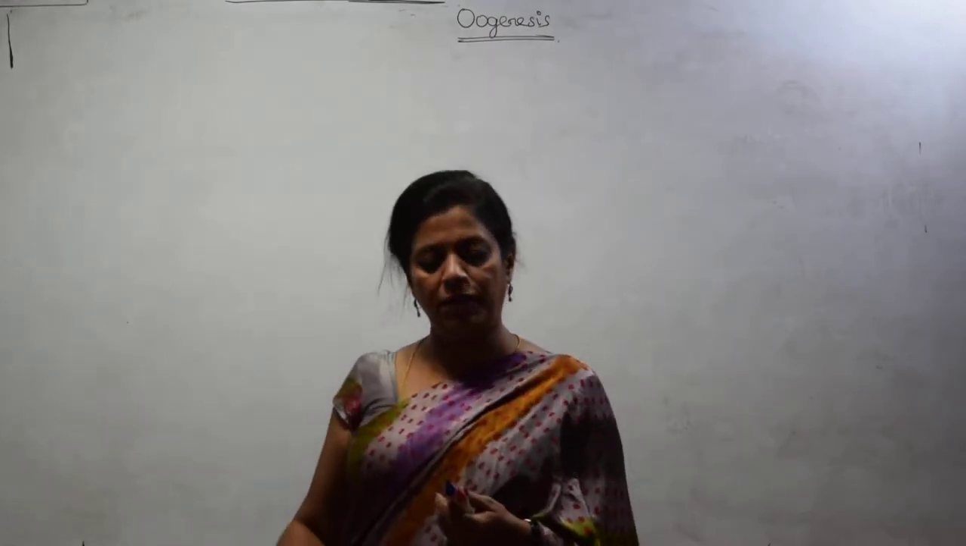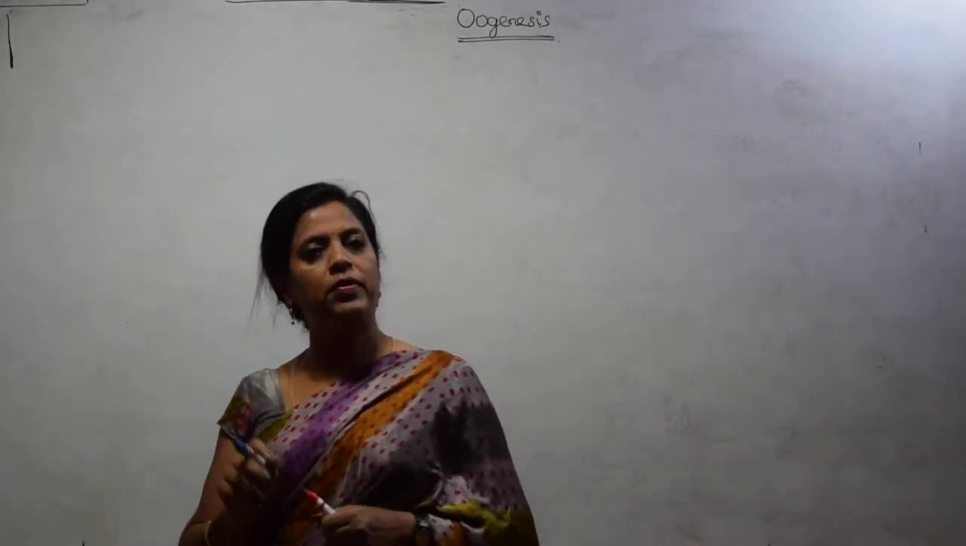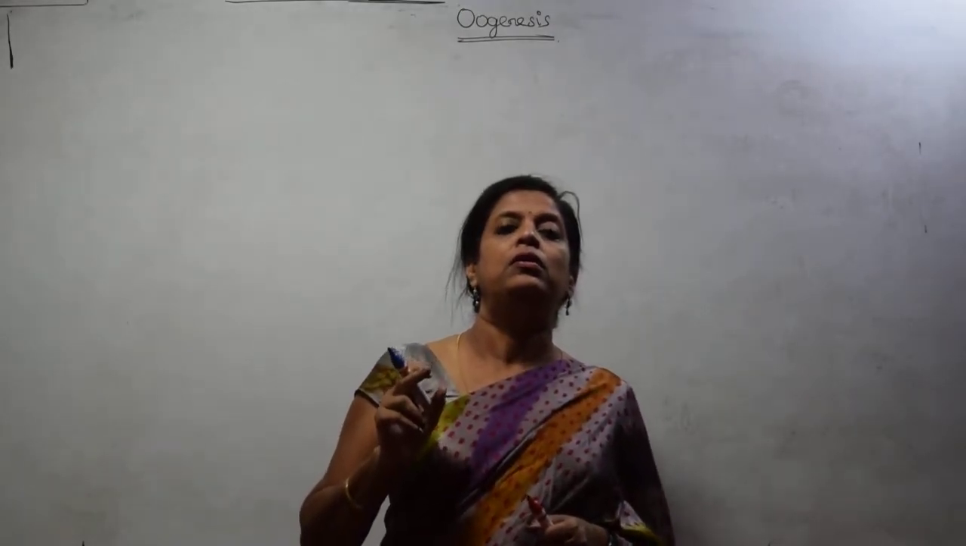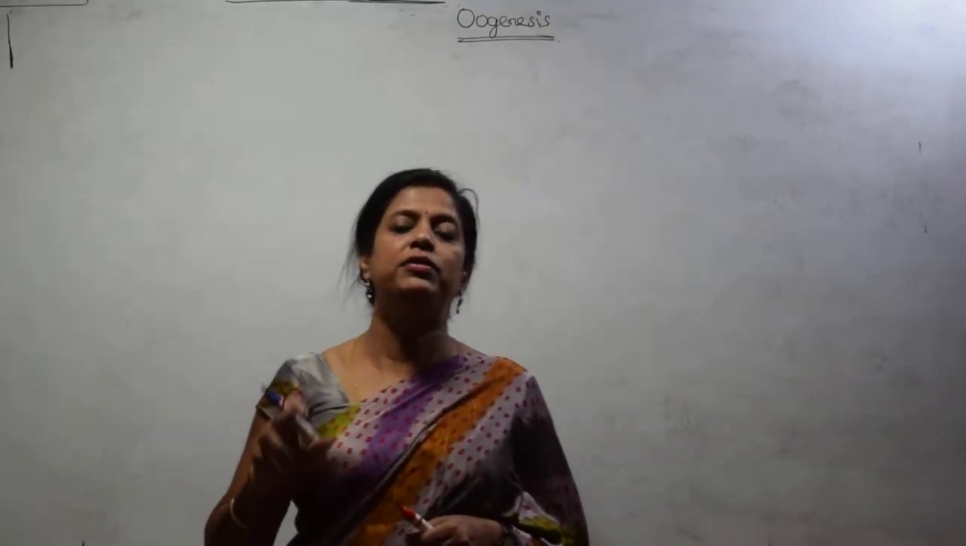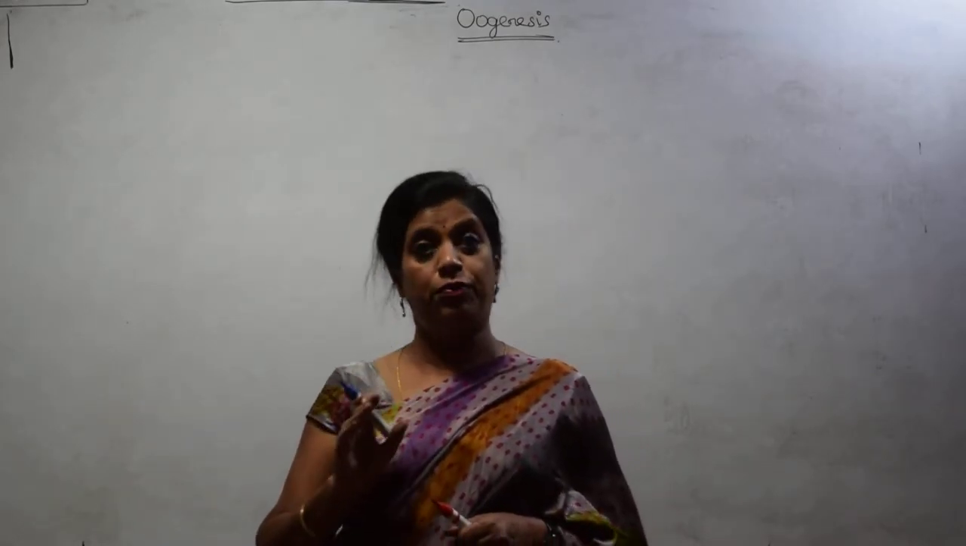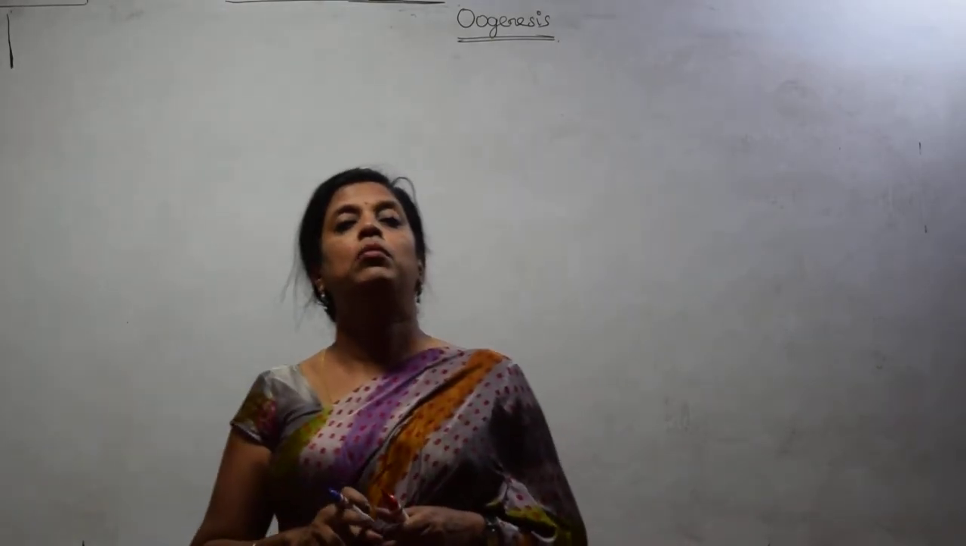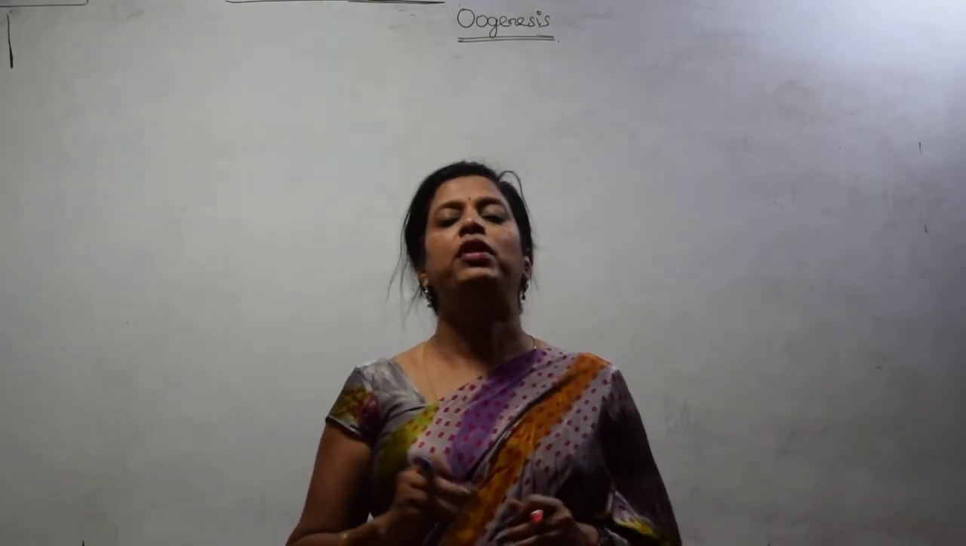Students, let's now start with the next one, that is oogenesis. Oogenesis is the formation of the haploid egg or ova from diploid germinal epithelial cells that are lining the Graafian follicle. See, remember, I told you earlier when I was talking about the female reproductive system,